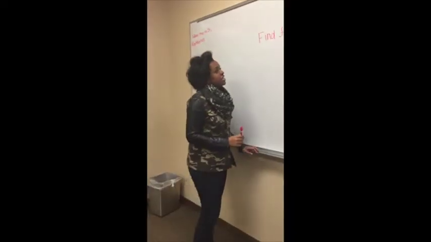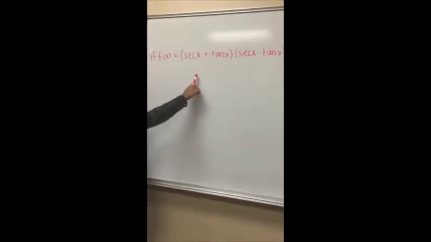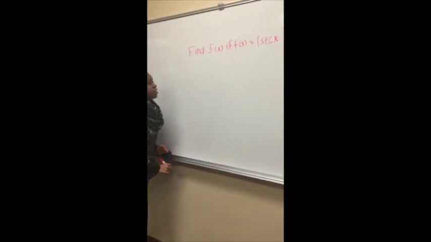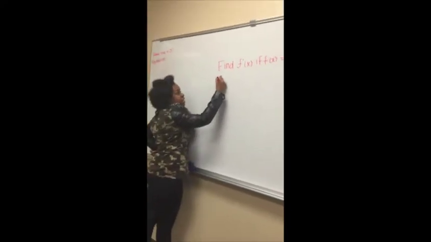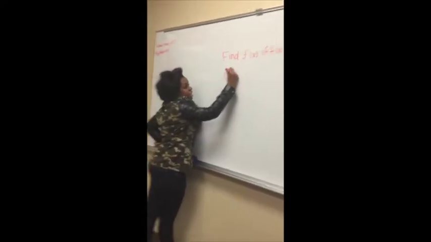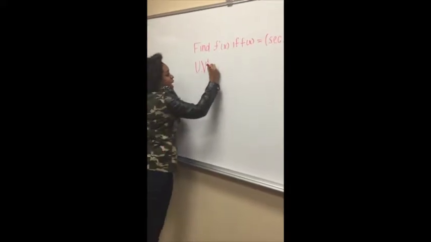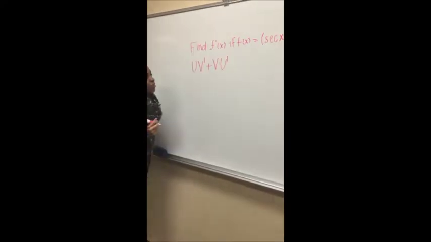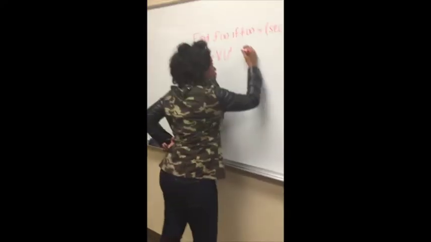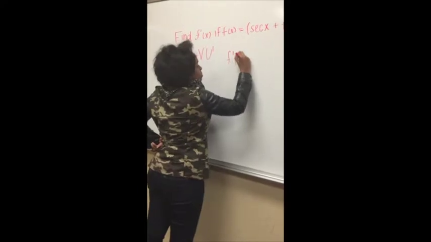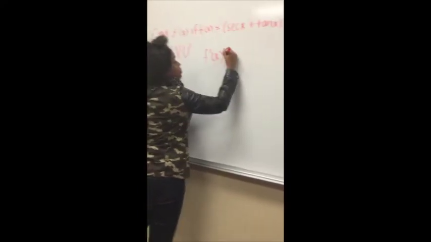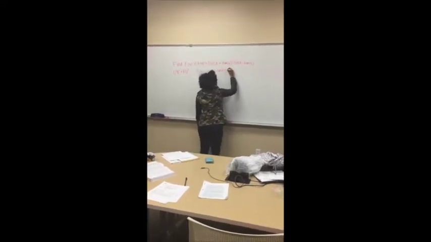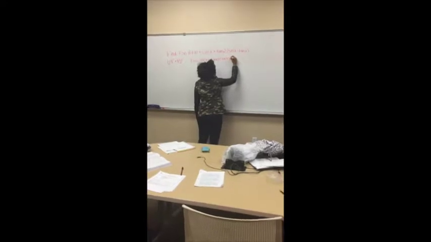So today we're going to take the derivative of secant x plus tangent x, times secant x minus tangent x, and we're going to use the product rule. The product rule states, leave the first one, take the derivative of the second one, add them, keep the second one, and take the derivative of the first one. So we have f prime, keep the first one, take the derivative of the second, which is secant x tangent x,